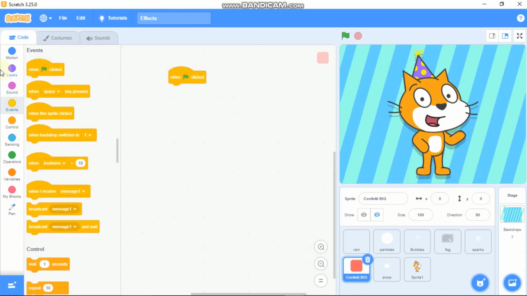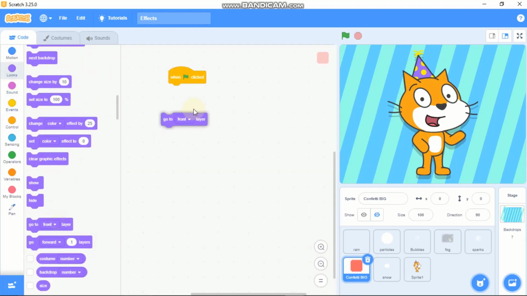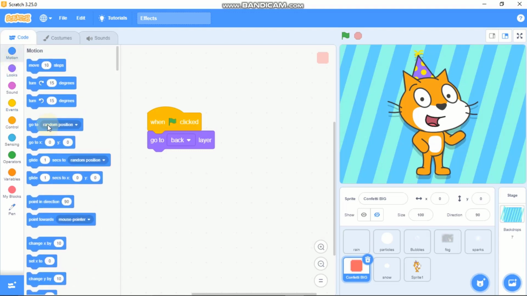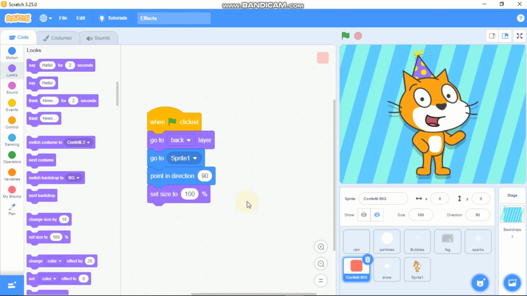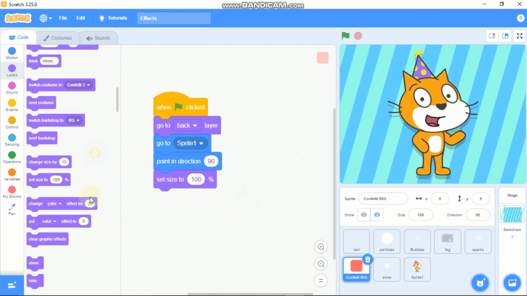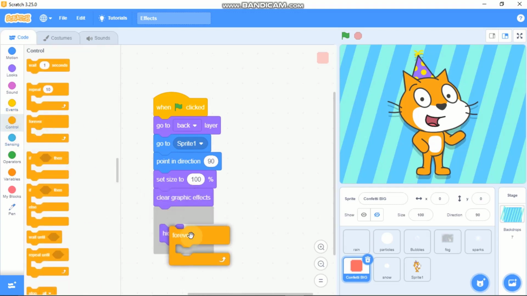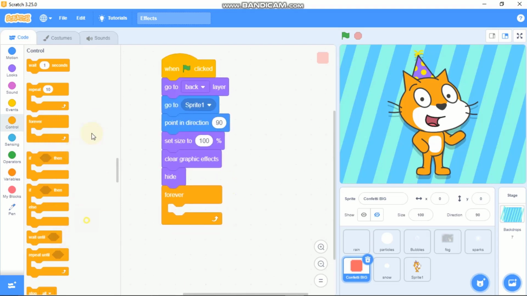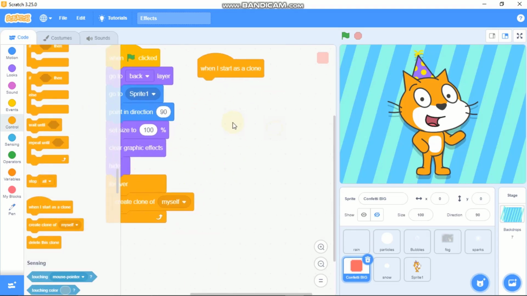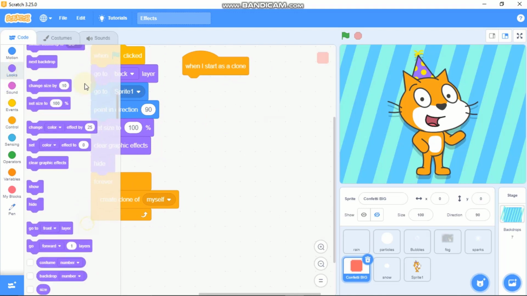So when green flag clicks, we need to go to our back layer and go to sprite 1, which is the scratch cat, and point in direction 90 degrees, set our size to 100, clear all graphic effects, and hide. And forever we need to create clones of myself. And then when I start as a clone, we need to show,